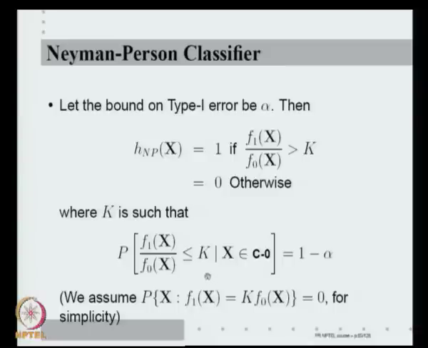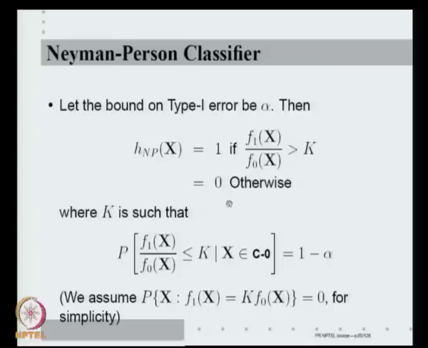Okay. So, I choose a K. See, this is some probability involving the random variable X under the distribution f0. You think of this f1 and f0 simply as some functions. So, f1 by f0 is some other function g of x. So, this is the probability g(x) less than or equal to K under the condition that x is distributed as f0. X belongs to C0 means x is distributed as f0. Right. What does this ensure? This ensures that my type 1 error is equal to alpha.